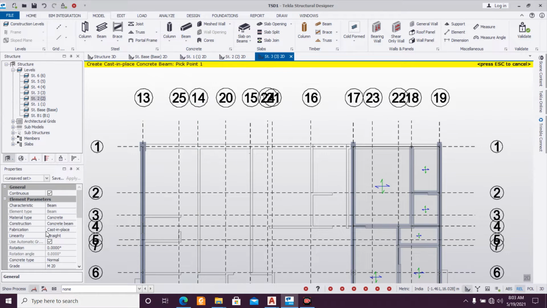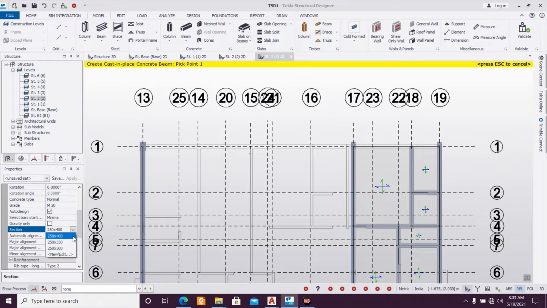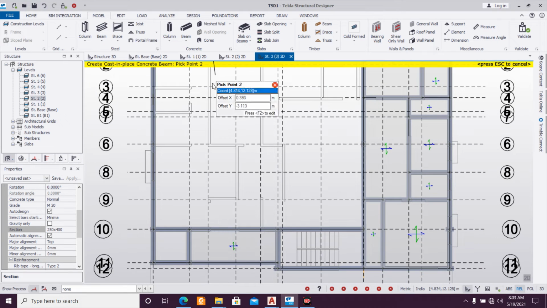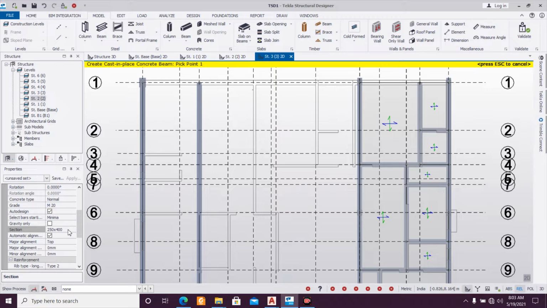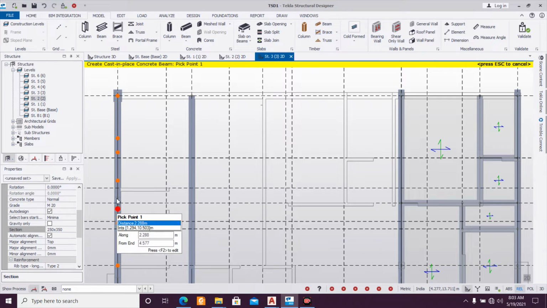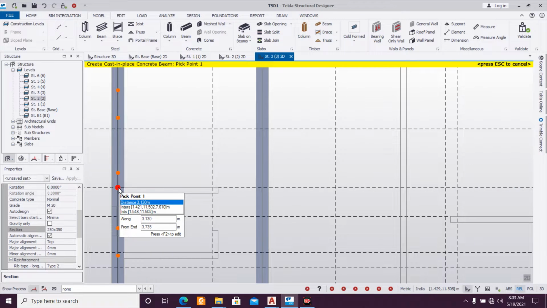Beam, and then 250 into 400. Okay, 400, let's go, because this will go from here to here. And let's switch back to 350 for the remaining ones. This will go from here to here,